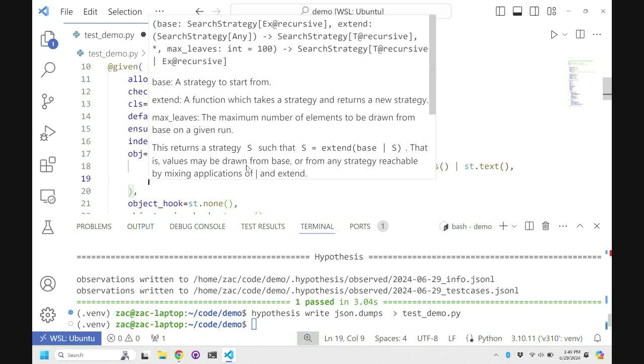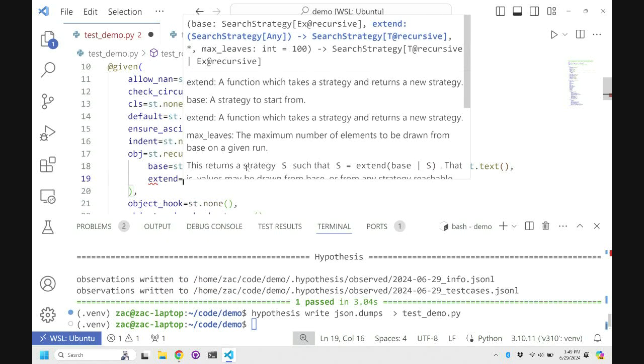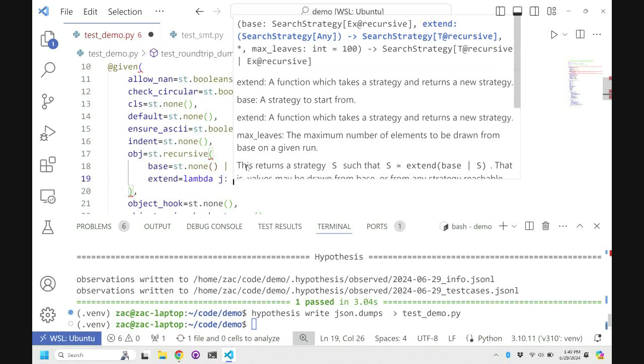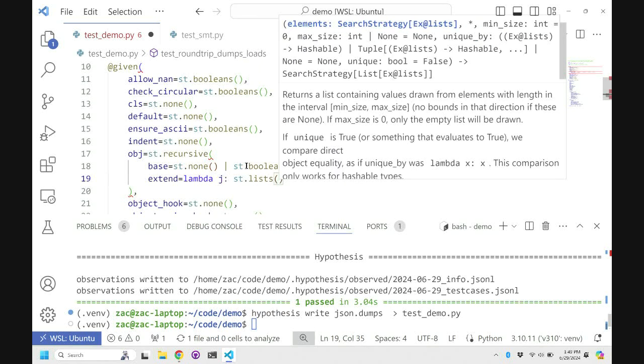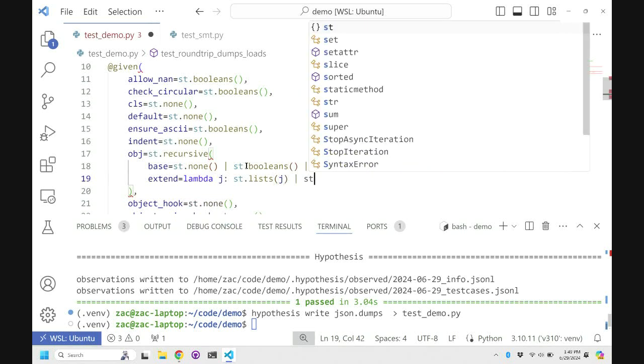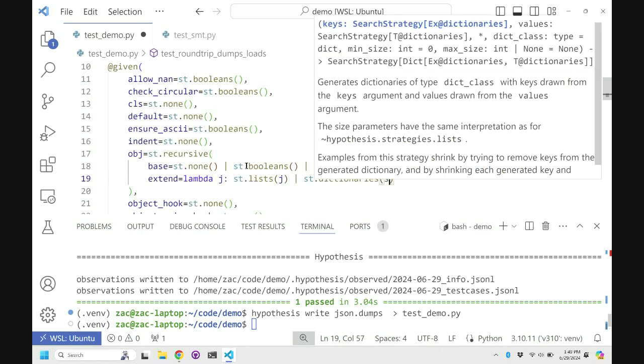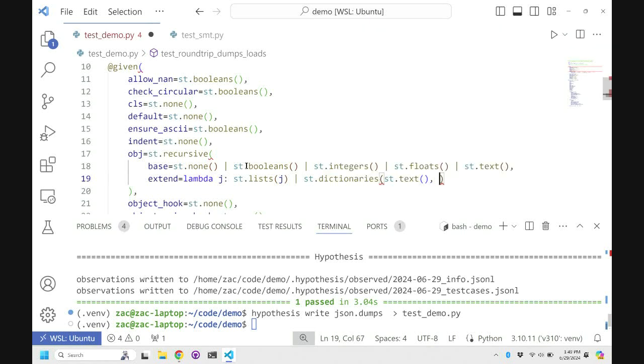And then you can also have lists of JSON, or you can have dictionaries where the keys are strings, and the values are JSON.